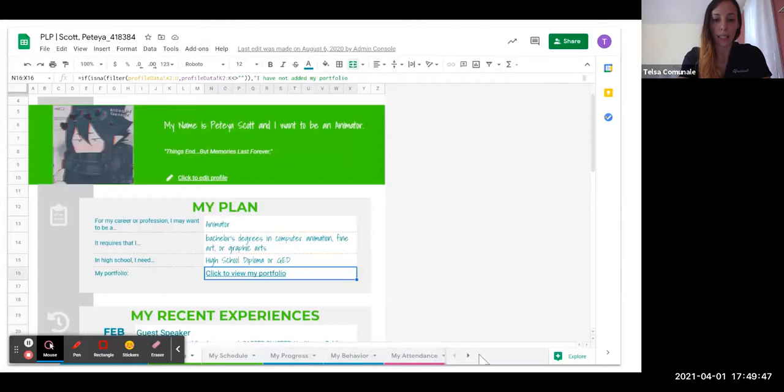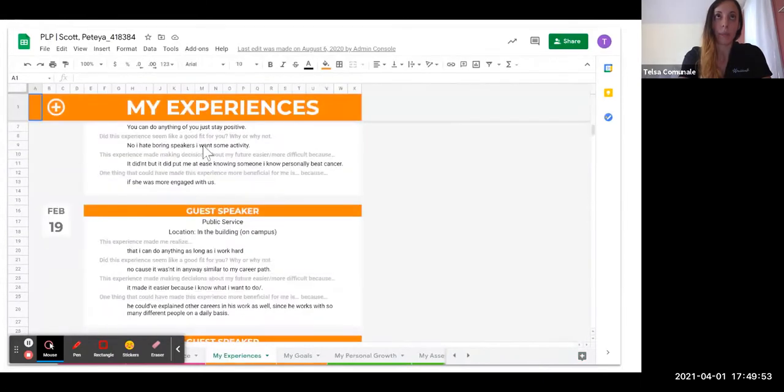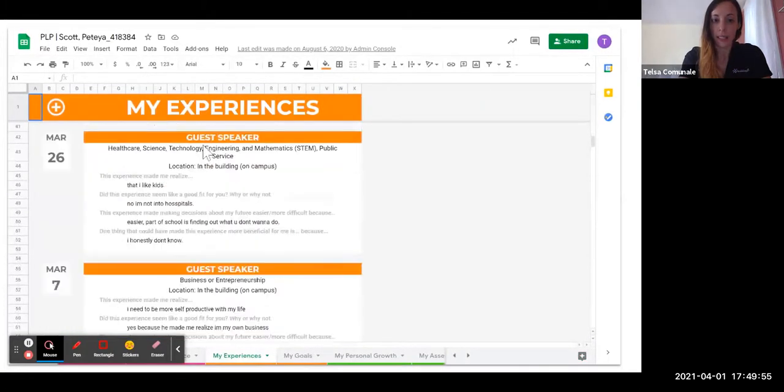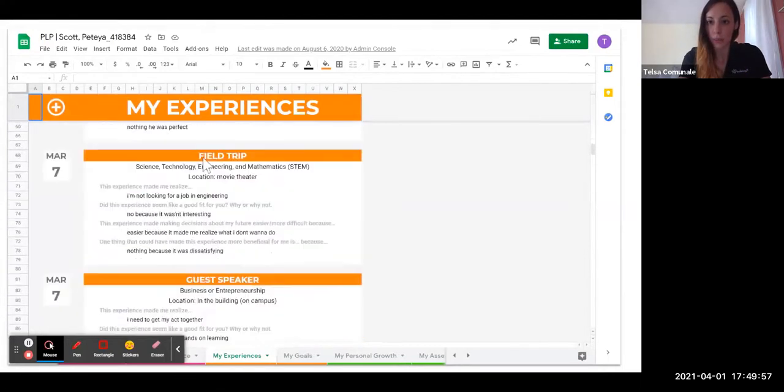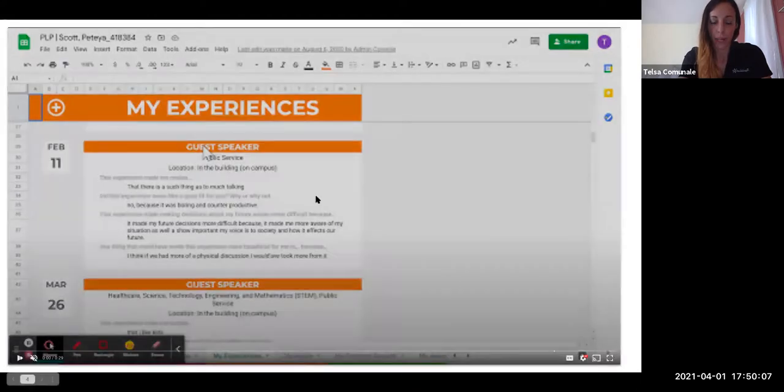So using technology, we have laid out a way, you see me scrolling on tabs there at the bottom. We have a way to memorialize student experiences using this type log you're looking at here. We set goals with students, personal, career, academic, through this platform.